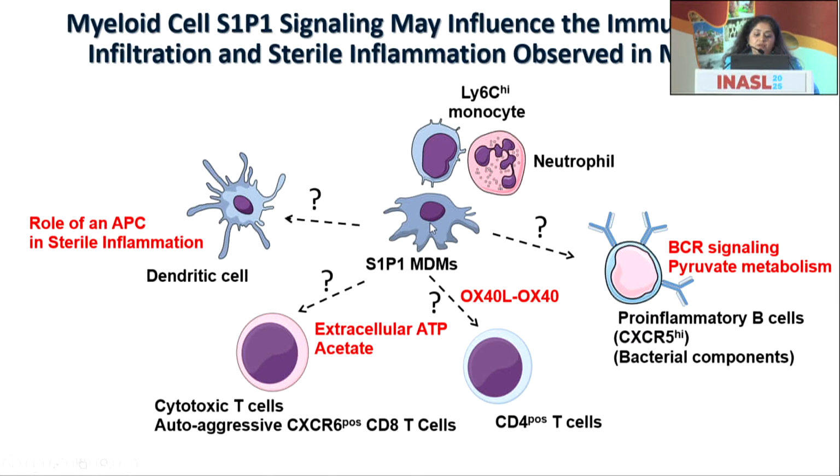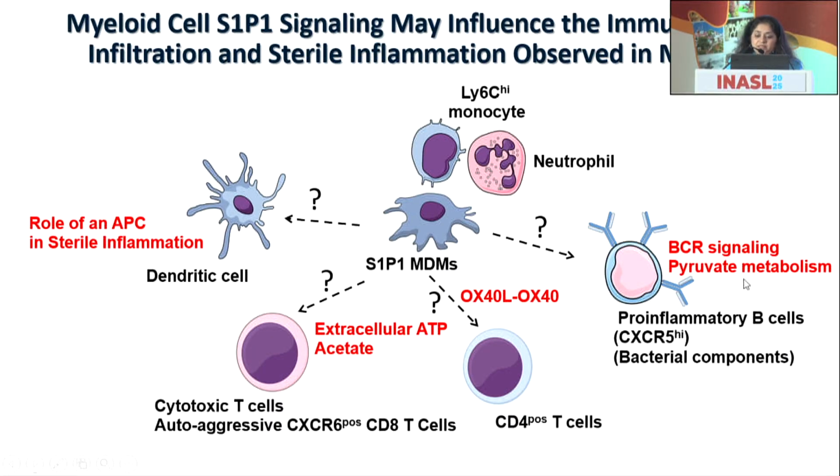And we have shown that when S1P receptor 1 is knocked out in macrophages or monocyte-derived macrophages, there are secondary changes in the inflammatory tone in the liver being reduced. There's a lot of emerging work in this space to try to understand what are the stimuli that activate the sterile inflammatory response,